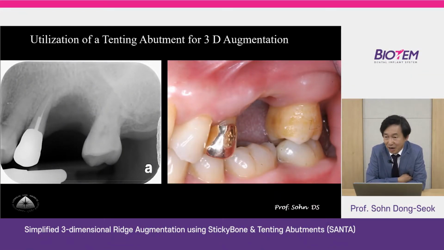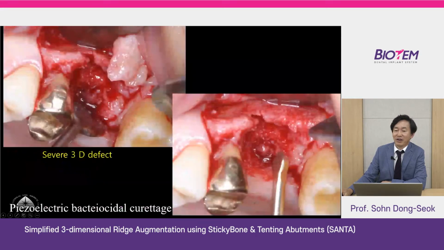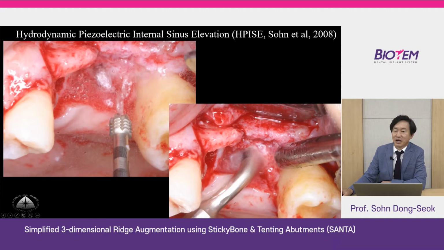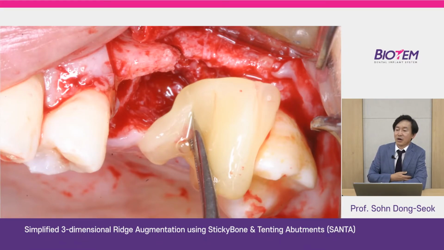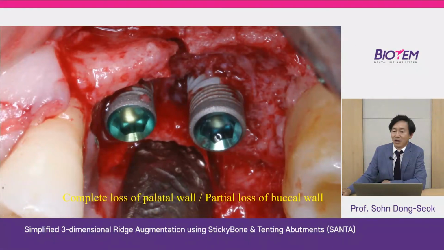Here's another case using a tenting abutment for 3-dimensional augmentation. Take a closer look at the huge vertical defect here. The soft tissue was elevated to see the bony defect. Piezoelectric bactericidal curettage was done before bone grafting, and the HPS technique was done to elevate the sinus mucosa with water pressure without bone grafting. The sinus floor was elevated simply with water pressure, and to accelerate bone formation in the new compartment under the elevated sinus mucosa, only CGF membranes were placed, and 2 implants were placed